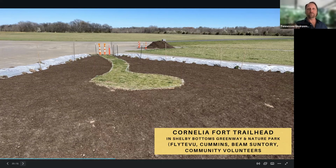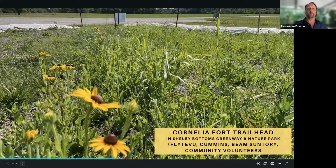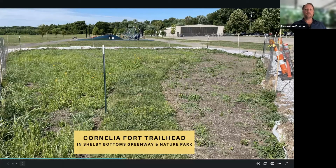And I'm going to flip around and do a reverse view here to show what has become one of the more perplexing aspects in our view of planting these gardens: they don't always grow at the rate we hope or would like them to. But before I show that, here's a close-up of the flowers that I took yesterday. So yes, they are flowering, the Cornelia Fort gardens as well. But this is what I was talking about. There's our walkway in the middle, our pathway, and on the left you can see this robust growth, and on the right it's sparse growth. There is growth and there's a lot of stuff growing in there, but it's a clear difference,